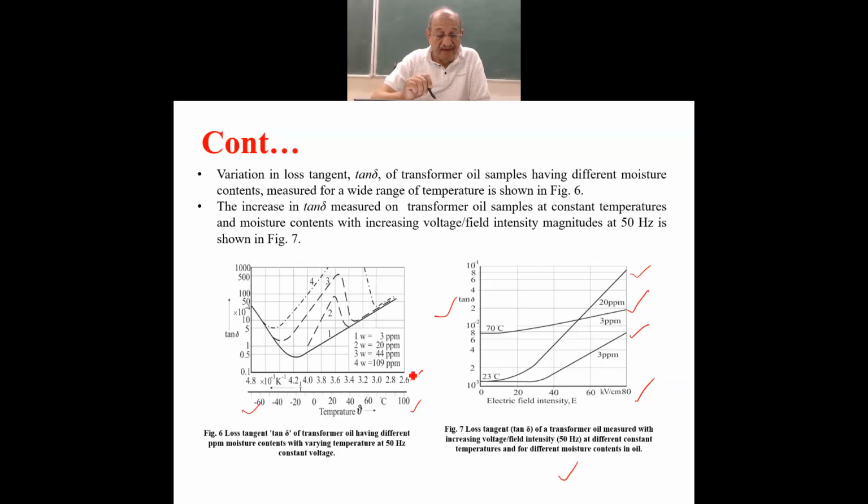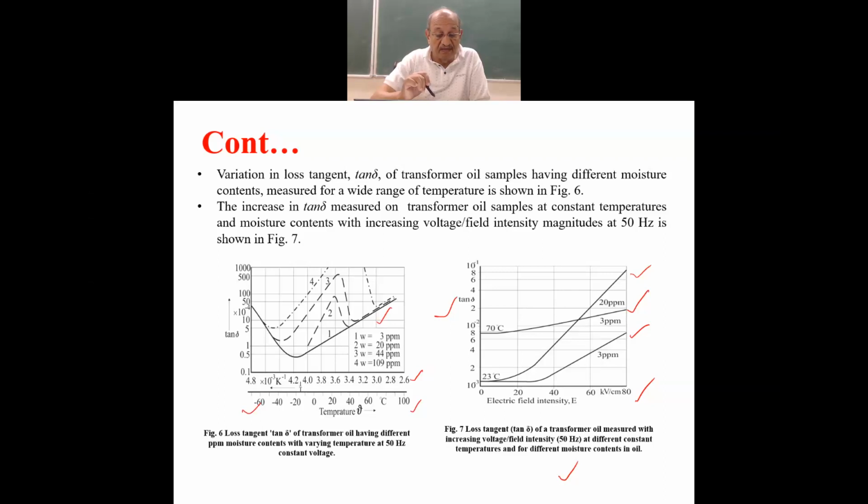And tan delta for different moisture contents has been measured. The characteristic one, as you can see here, is the lowermost for 3 ppm, then increasing to 20 ppm, 44 ppm, and 109 ppm.